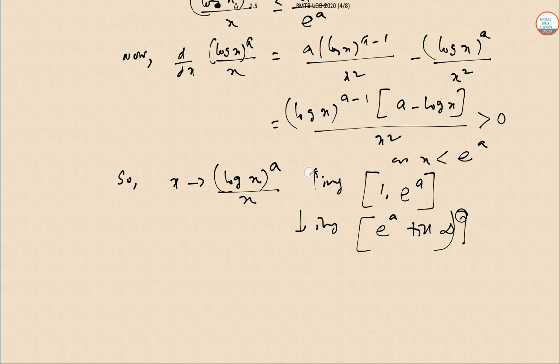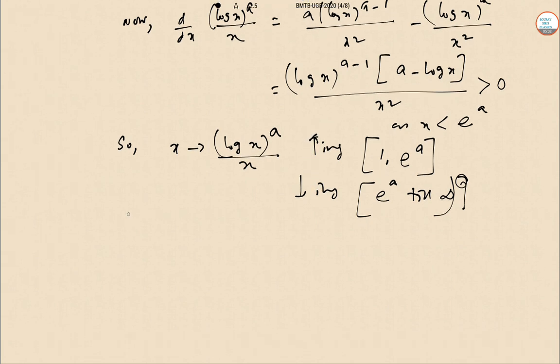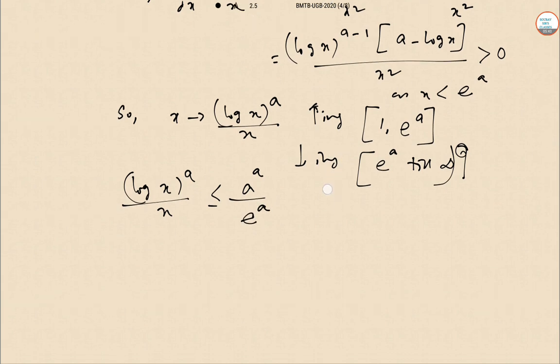So in this case we can establish that (log x)^a by x is less than or equal to a to the power a by e to the power a. So once that is done,